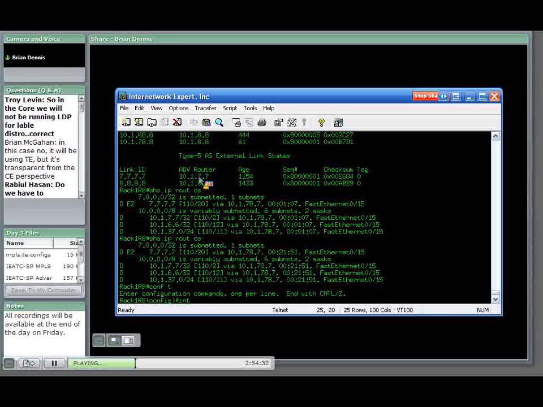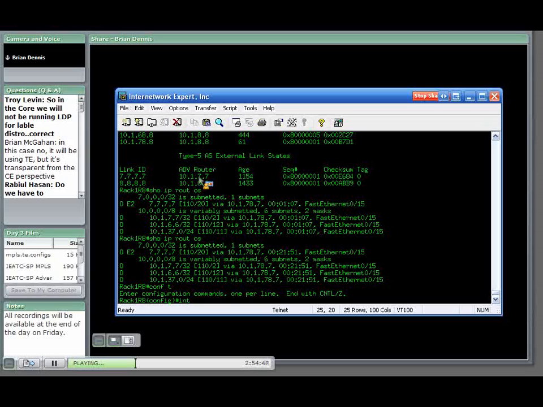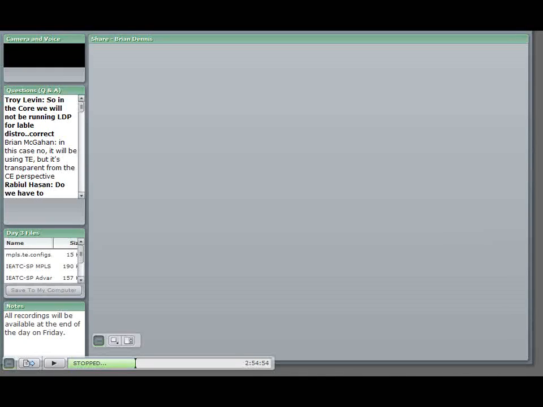So let's look at the issue real quick on the router. Let me share this out. Share out my screen real quick here. Okay. Now we have this. We also have this backdoor link in place here. What I'm going to do is